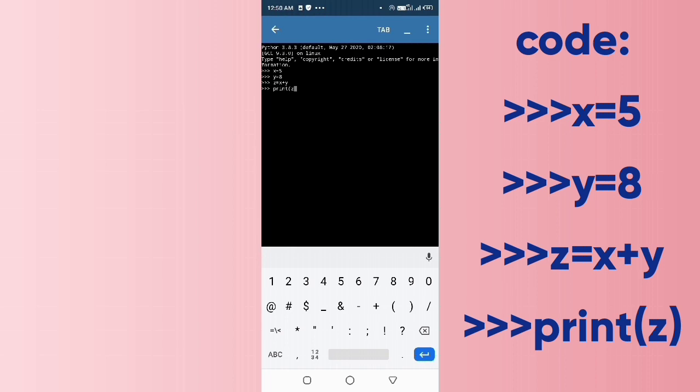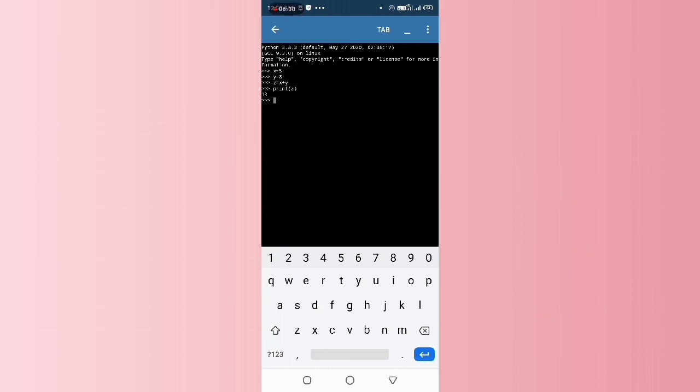Okay, so here you can see the z. Look here, friends. We got the sum of the two numbers, that is 8 plus 5, that is 13 here. Okay, friends, this is how you can use this command prompt. If you want, you can use it for some kind of input values also, friends. I want to show that kind of program also.